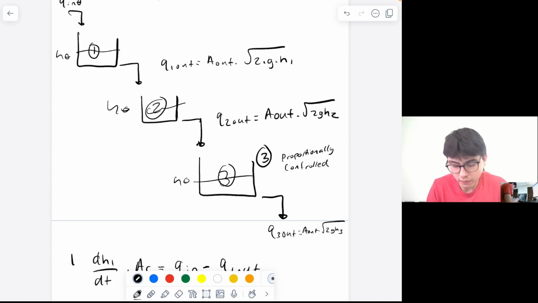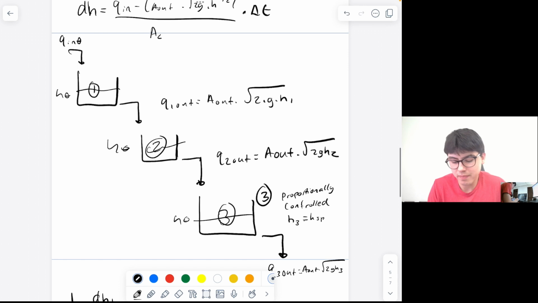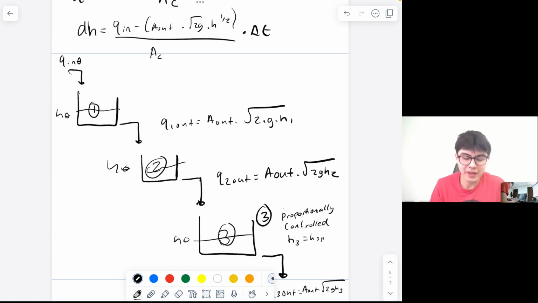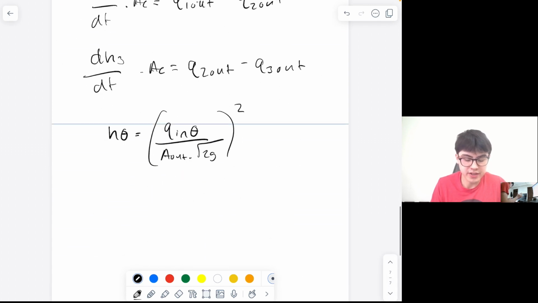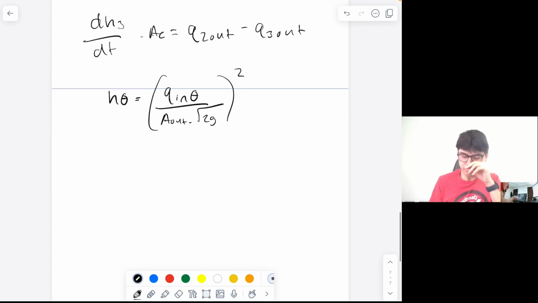But what we're controlling is the height of tank 3, and we'll have a given height set point. And we want to control tank 3. The only thing we really can control is the flow rate coming into the system. So Q in naught will be increased based on the difference in the set point. To give a numerical expression to illustrate that relationship, Q in will now be equal to